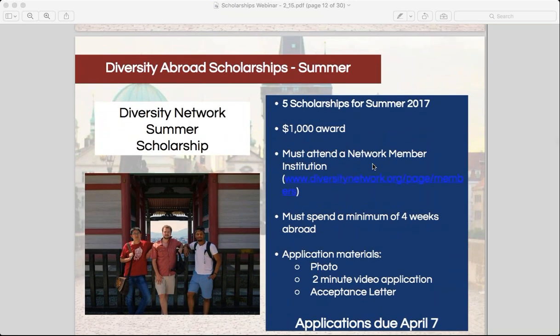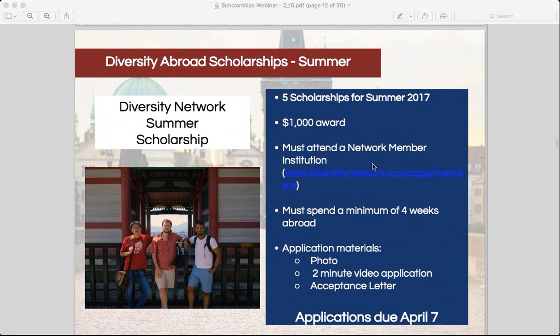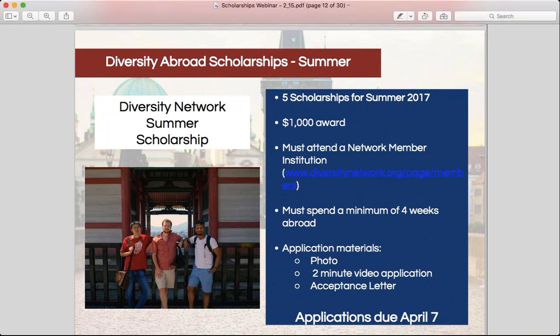So the first scholarship I'm going to feature is our Diversity Abroad Network Summer Scholarship. Diversity Abroad Network is a professional consortium of member institutions. So essentially, some schools have a membership with the Diversity Network, and only students attending those institutions will have access to this scholarship. So there's a link here that says Diversity Network